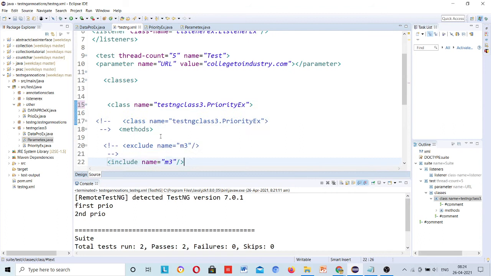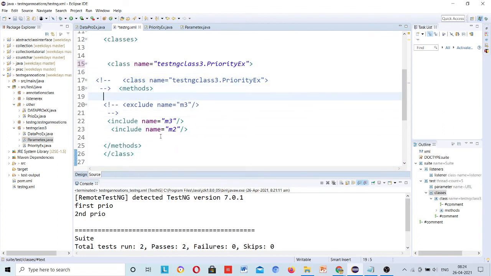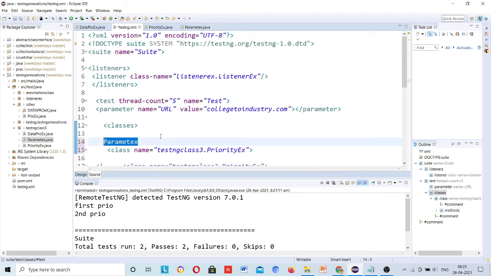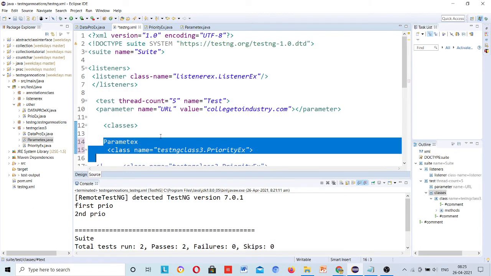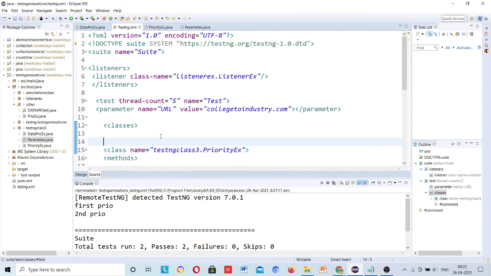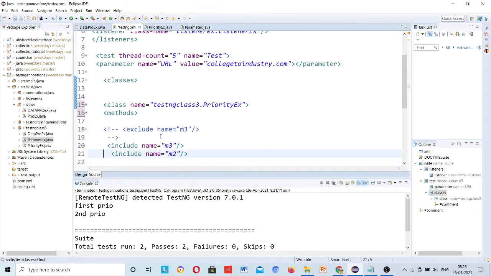But this will throw an error because you can see these methods are all uncommented. So instead of doing this, let me do it in the proper way.